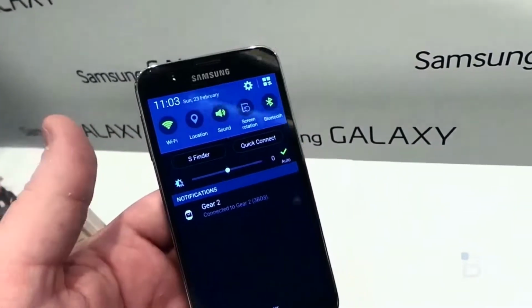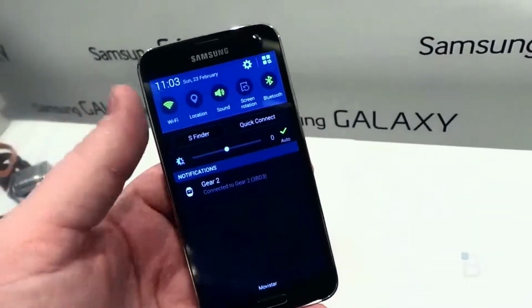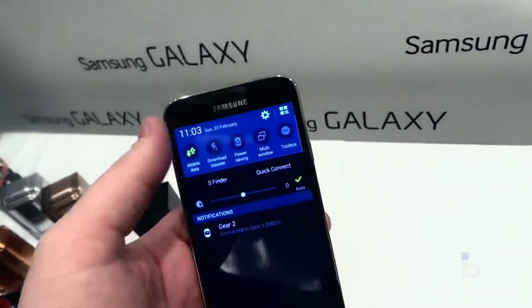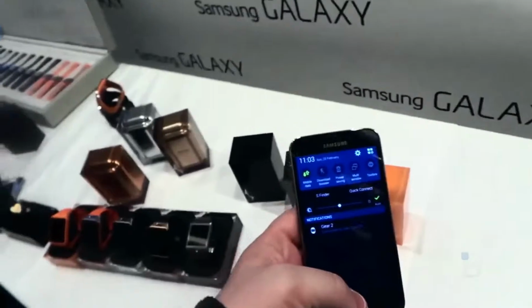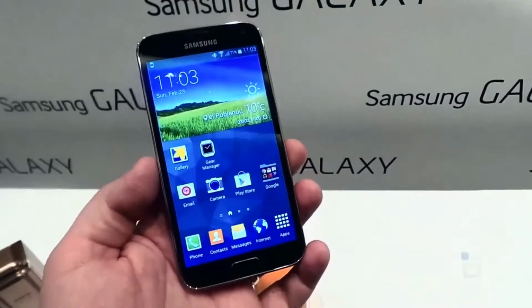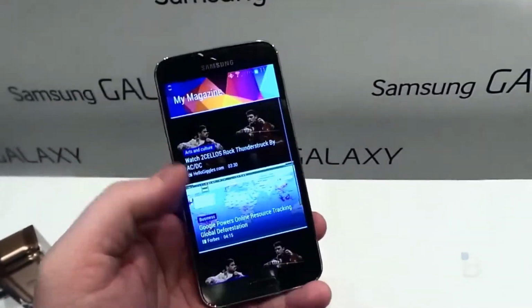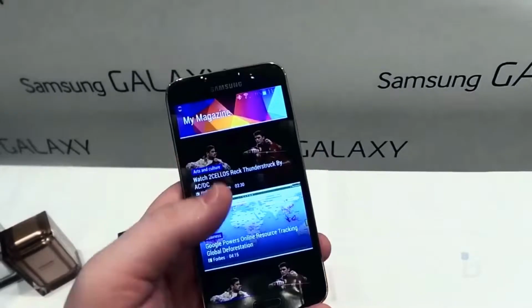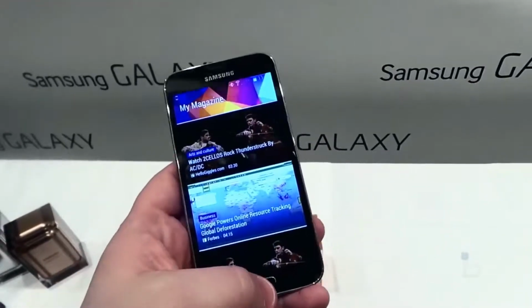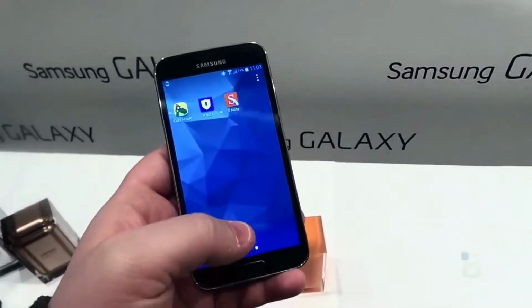With S Finder, though, you can search throughout the entire phone, so sort of like a universal search, and then Quick Connect for connecting with your smartwatches, which there are a variety of here, if you can see. Otherwise, on board, you've got KitKat and TouchWiz, or Nature UX, if you will. On the left here, My Magazine. It's not fully working. I was trying earlier, but it doesn't really quite work. Go home, and we'll go over